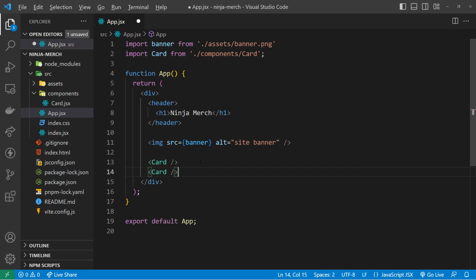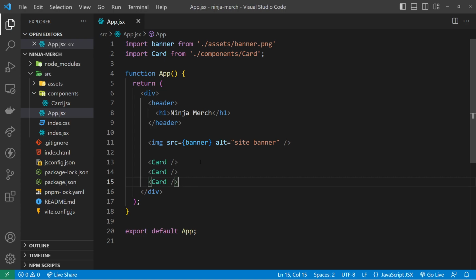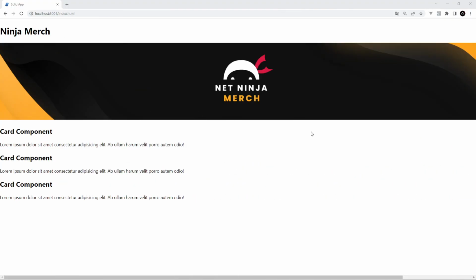And in fact, we'll output it 3 times, and we can do that. We can reuse these different UI components as many times as we want, wherever we want. So let's save that and preview again in the browser. All right, cool. So now we can see these 3 card components, the title and the paragraph in each one. Now everything looks crap at the minute, and that's because we've not styled it. We're going to look at that later on, but at least we know how to get these different components now